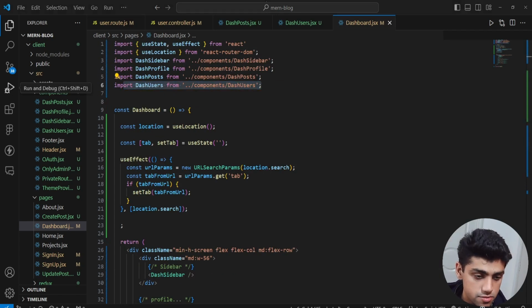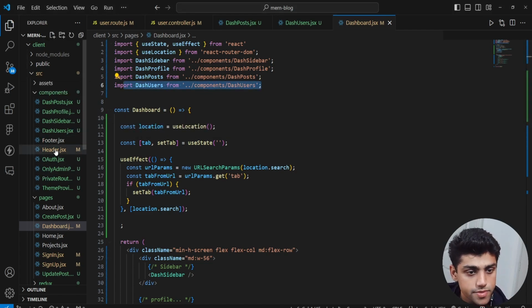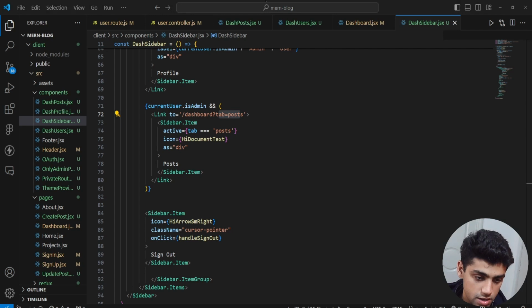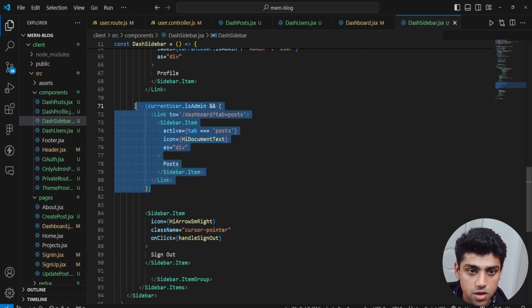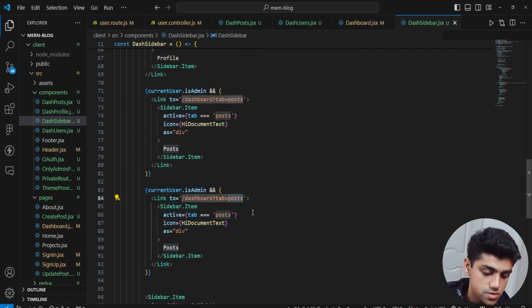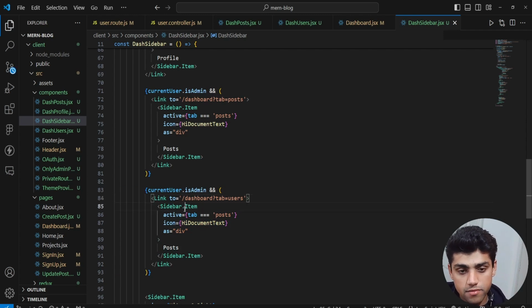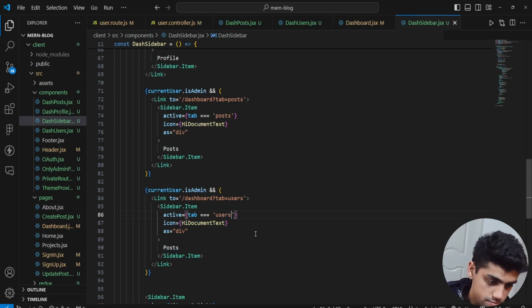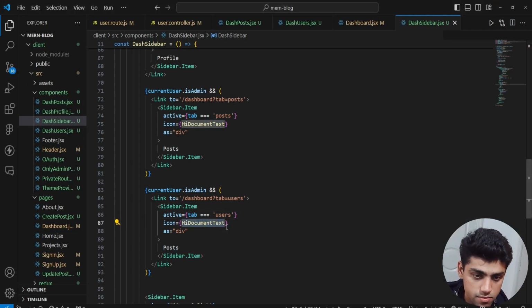Now what we want to do is go to the dash sidebar. And if you remember, this was a component. Let's see, dash sidebar right there. And in here, remember, we had these posts similar to this. We could just copy this. We could have one which is going to be for tab is equal to users. And then we have sidebar item, and then active is equal to users. And then we'd have HiDocumentText. We could just remove this and say Hi